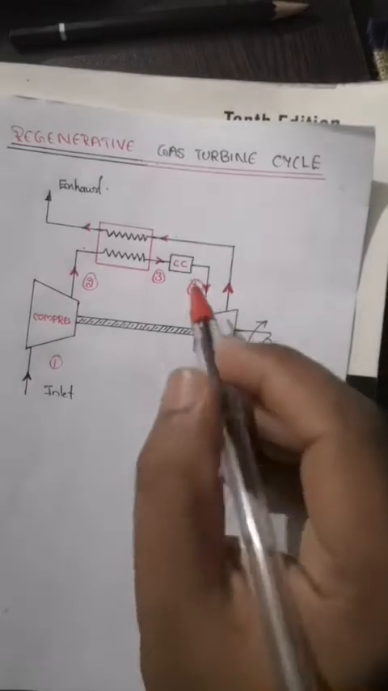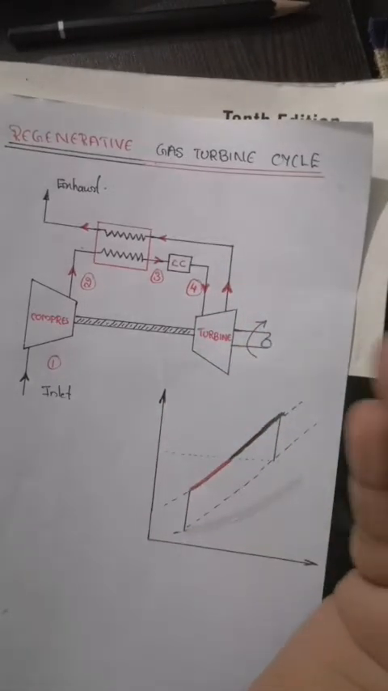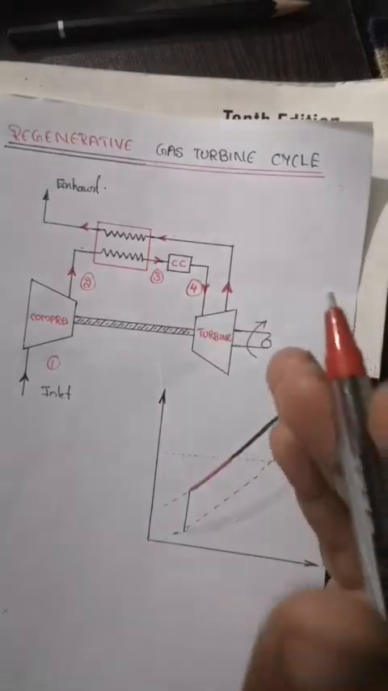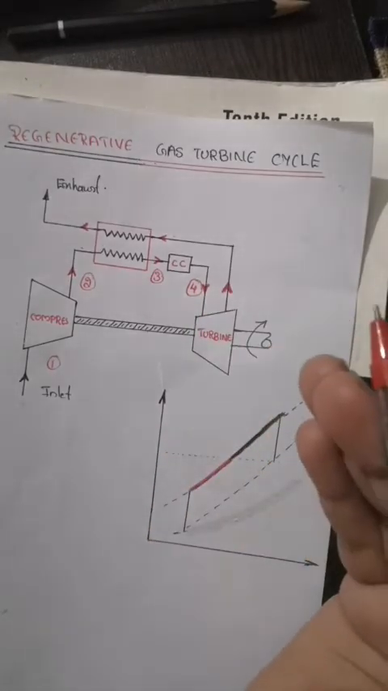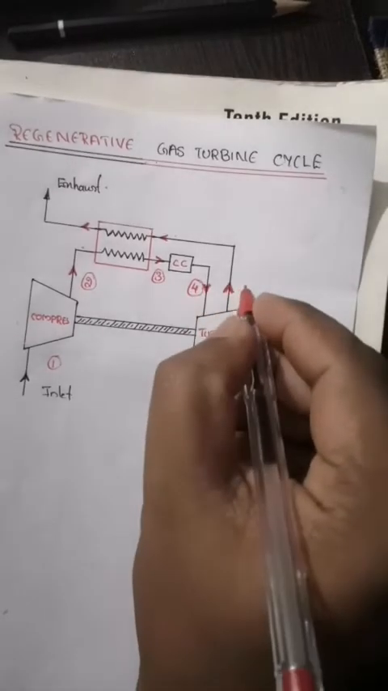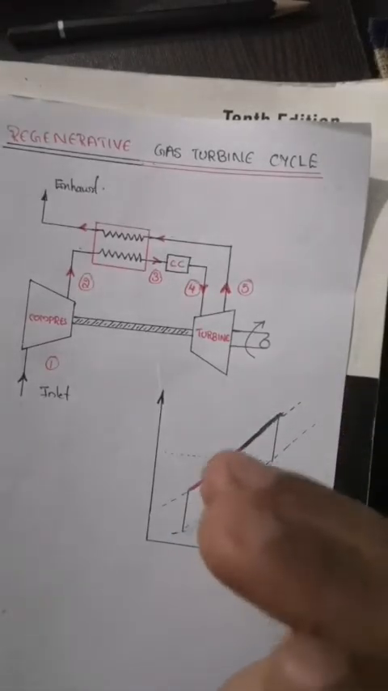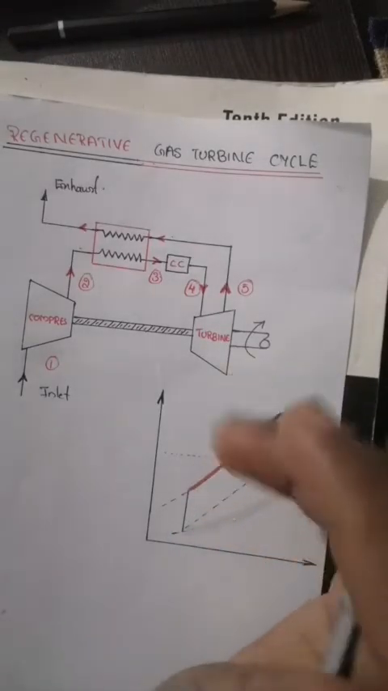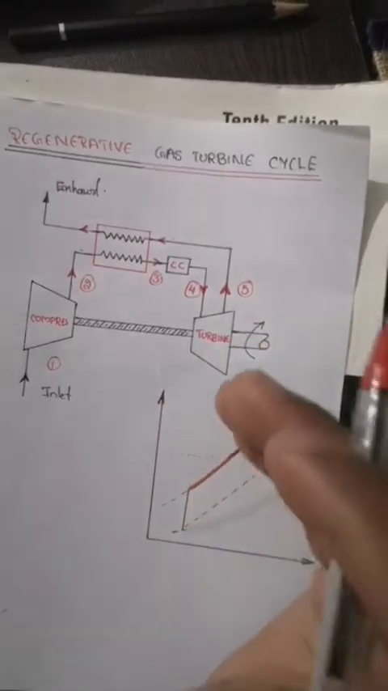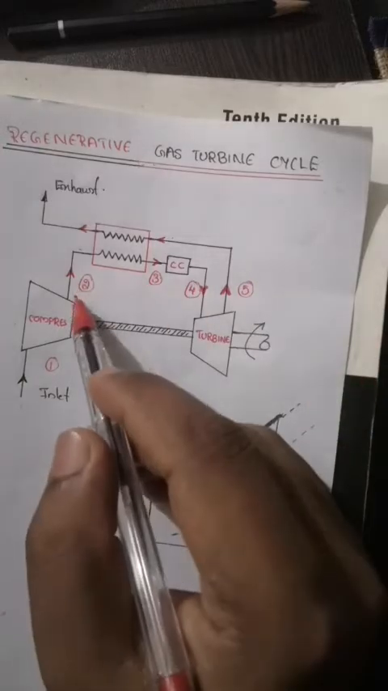The air-fuel mixture leaves the combustion chamber at condition number 4 and enters a turbine. In the turbine, the expansion process takes place and the exhaust gases leave at condition number 5. If the temperature of condition number 5 is greater than the temperature of air leaving the compressor, that means if